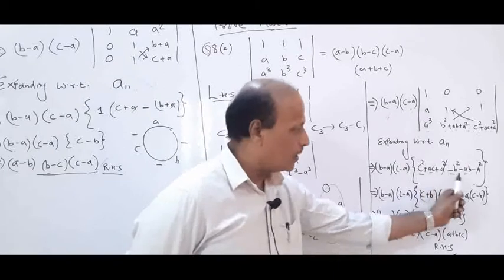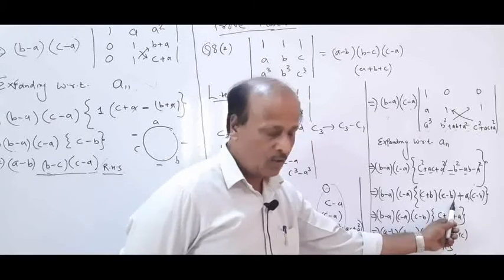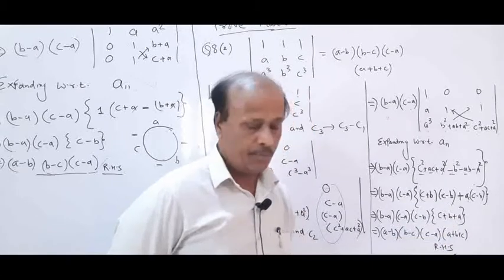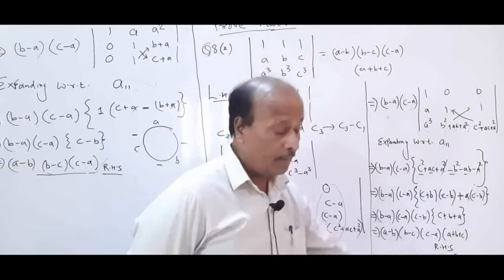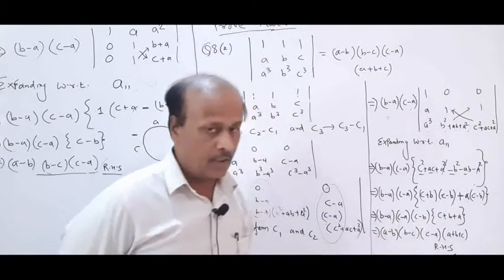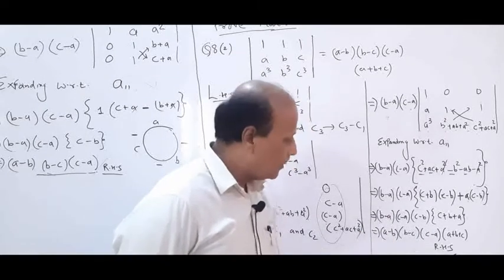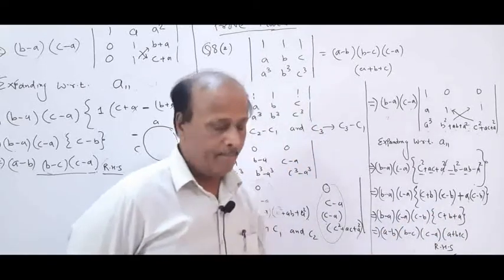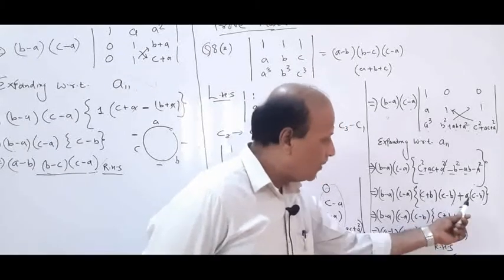Then make a group of similar elements. C square minus B square, you write it together and factorize it. So C square minus B square can be written as C plus B, C minus B. Then take out A common from AC minus AB. So you will get a C minus B again. Take out C minus B common from the bracket. So now what am I left with outside that bracket? B minus A as it is, C minus A as it is, and C minus B I took out common. So what will be left inside the bracket? C plus B plus A.